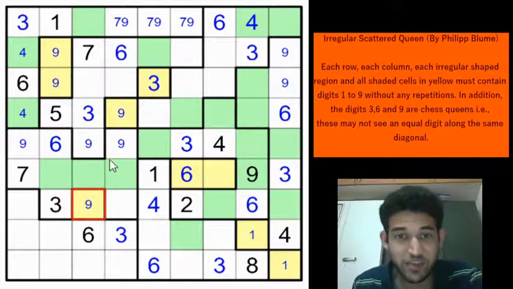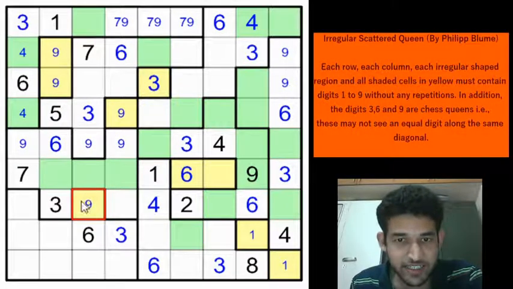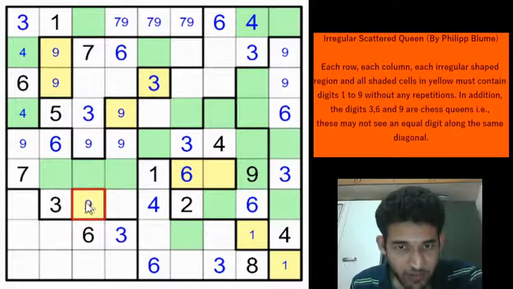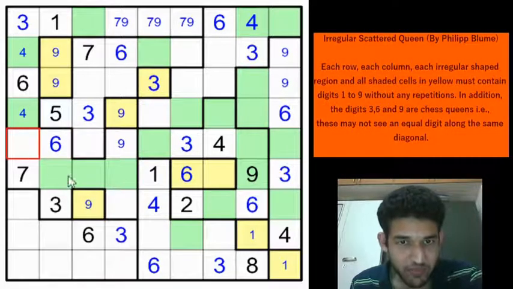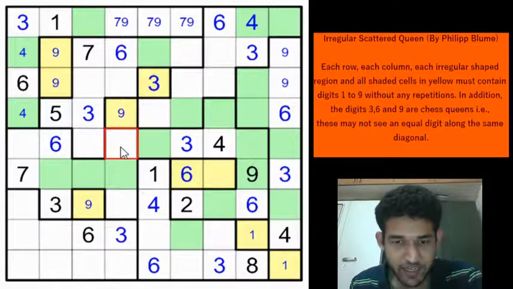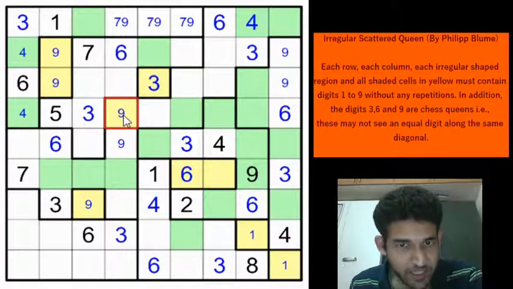Okay, we are getting an immediate elimination. Beautiful. So let's just see what happens if you have a 9 here. If you have a 9 here, you are eliminating the 9 from here and the 9 from here because of the diagonal property. So you get a 9 here, right? For this region, you need to have a 9 and that will be placed here. So which means that you are eliminating the 9 from here and these cells are already eliminated, and for this region, you have to place the 9 here, right?